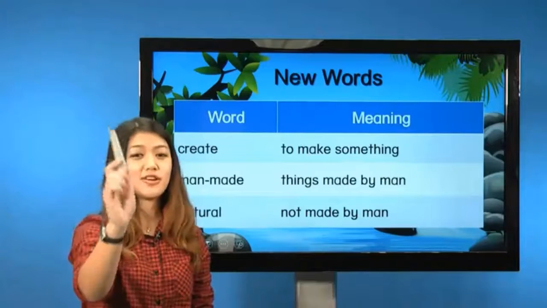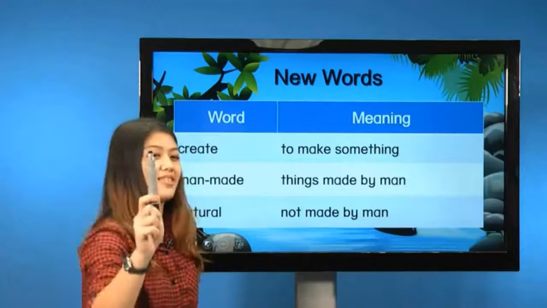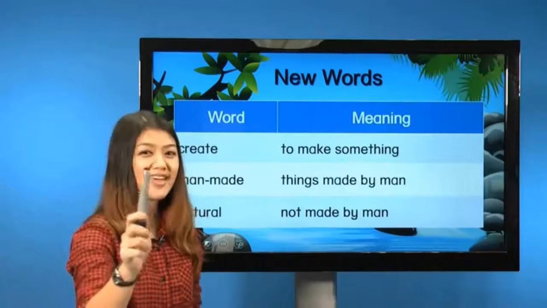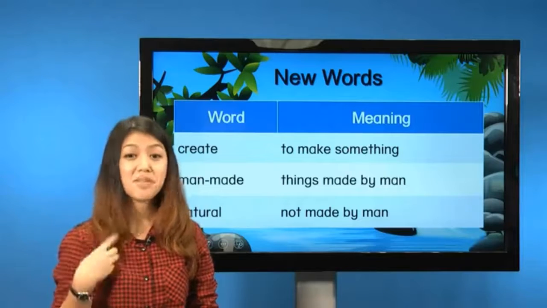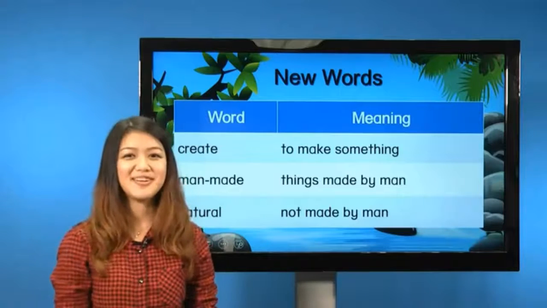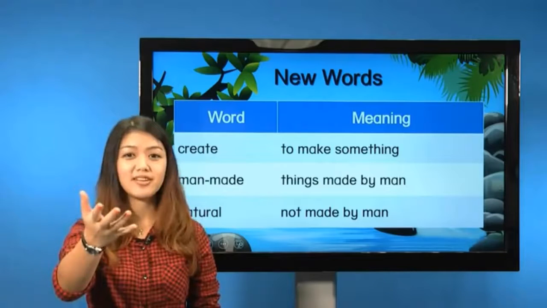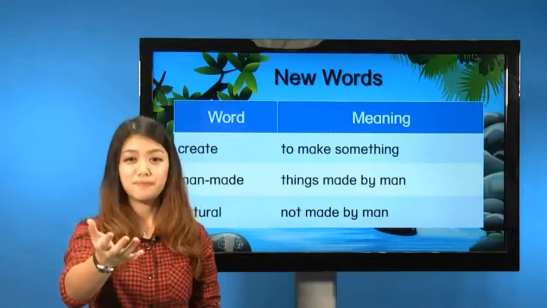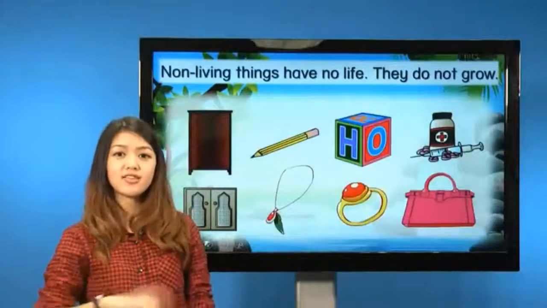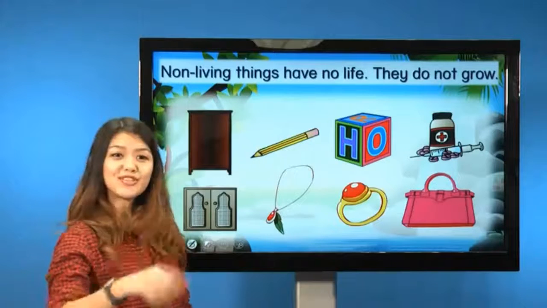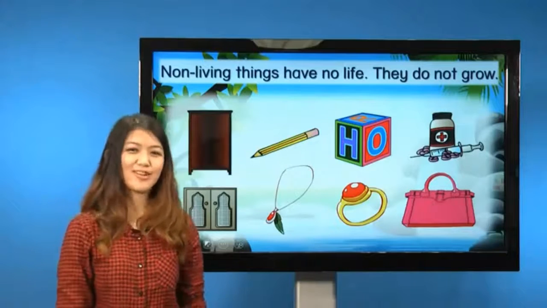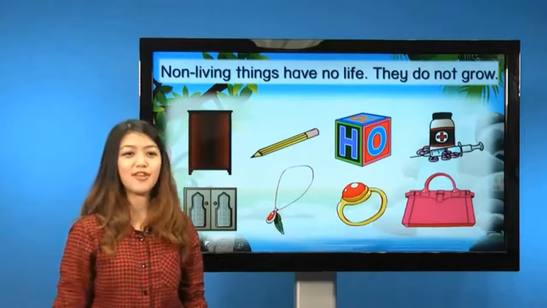This thing is created by men. They are man-made. And the examples of natural things would be my hair. It's natural because no man created hair. Yeah. So non-living things, they do not have life and they do not grow. They cannot breathe. They cannot move. So for examples of non-living things are